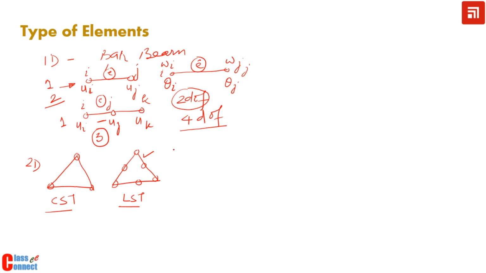The 2D element can also be in the form of a quadrilateral like this. We can have this type of element for a 2D problem. It is a linear 4-noded element and is represented by L4, and then we have this 8-noded element, the quadratic element, and we use P8 in most of the software.